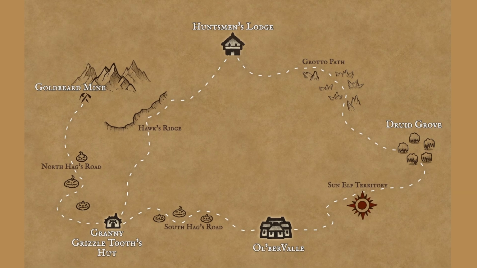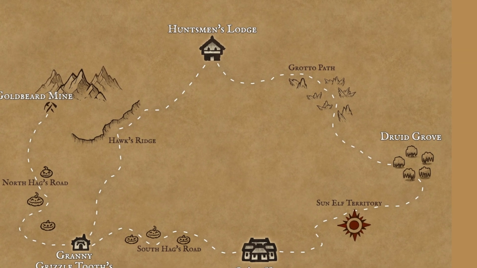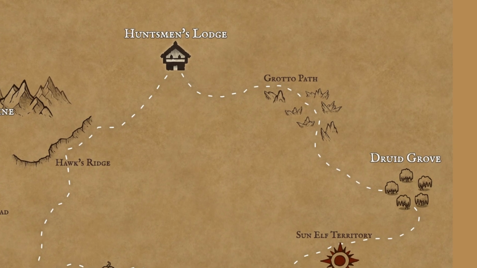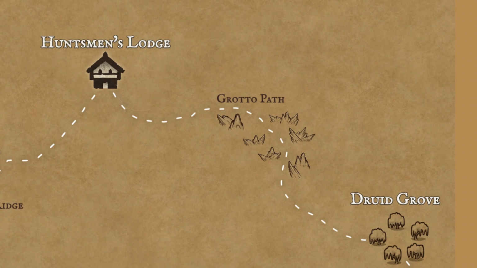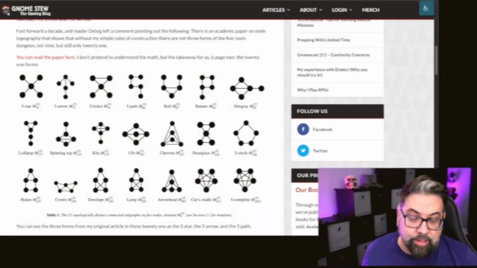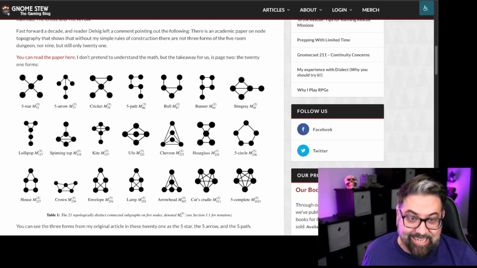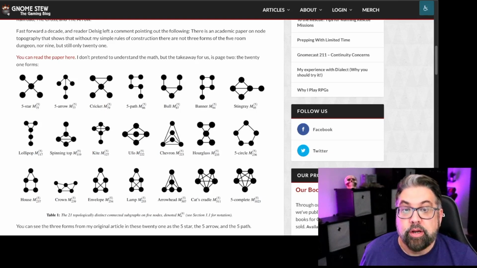So you might have the Druid's Grove as one location and the Huntsman's Lodge as another location in this forest. But then you would have a connector. How do you get from the Druid's Grove to the Huntsman's Lodge? Well, you have to get by the Grotto Path, right? So the Grotto Path becomes its own encounter. Even though it's a connector, the Grotto Path maybe is where a small group of goblins live, right? So this is a way to think about dungeon design using the 5-room design with these patterns of nodes and